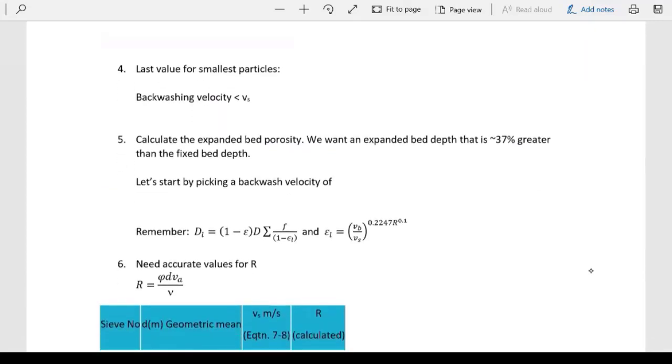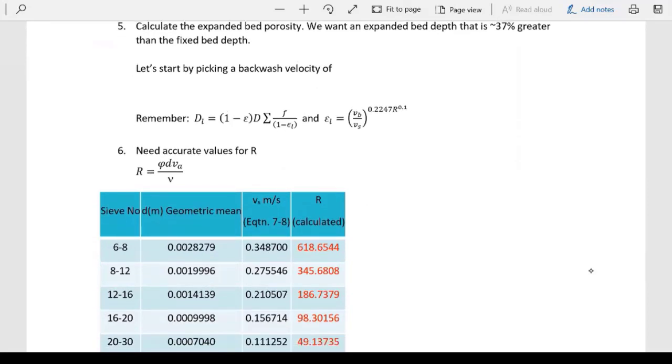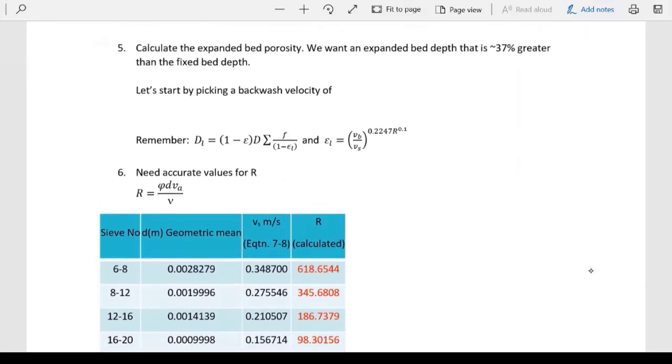What you will then do is iterate on a solution. So let's start, and we'll pick a